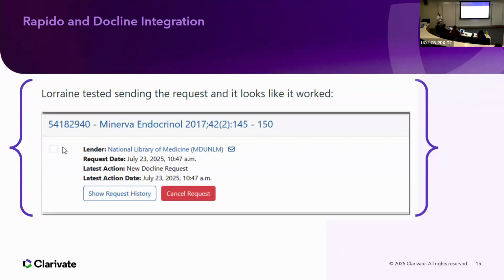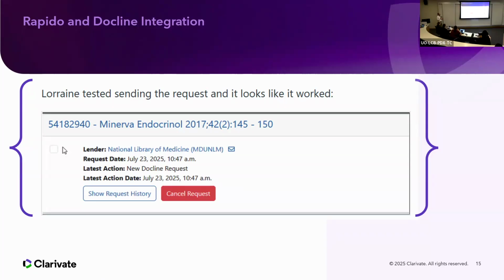Okay, another thing that we're working on in terms of community involvement, and this is something that's come up a lot talking with libraries the past couple of years, DocLine integration. We are very close. We are working with libraries to test the integration. National Library of Medicine came out with the API early this year. It's live, and we've been doing some testing to make sure that it works for the community. And it's looking good. We're hoping to be live at the end of the year.